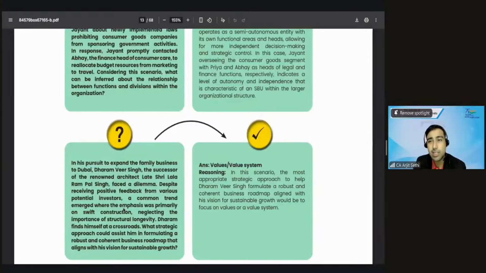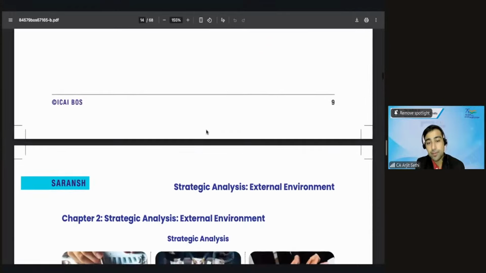People are pushing him at it. Put in cheap material, cheap concrete, cheap bricks, and you don't have to put a lot of metal in the building. Just make it quick and sell and exit. People will come to stay, they will figure out themselves. You don't have to take so much pressure. Go and build your own business, right? That's what they're saying. But Dharamveer Singh has to stay true to his value systems on building the right product, on building things ethically, right? That is chapter number 1. Okay,